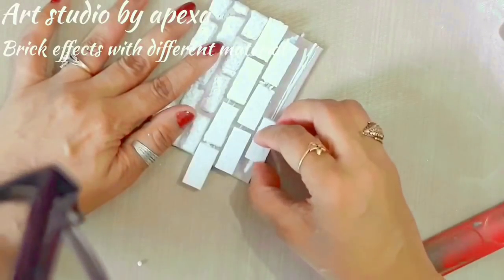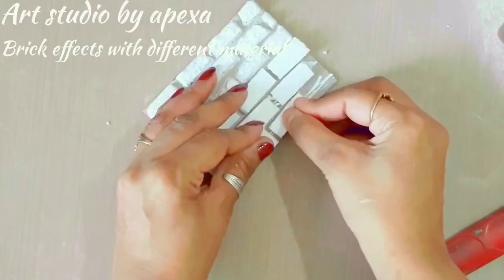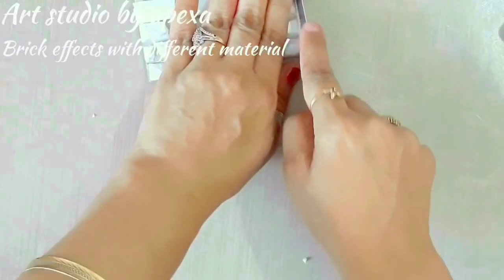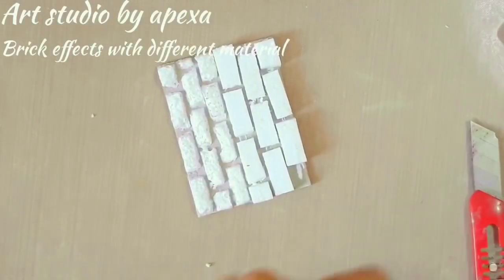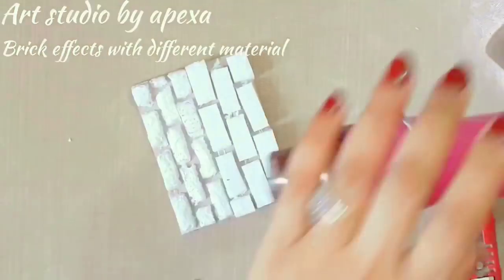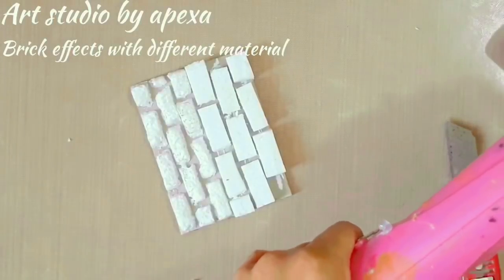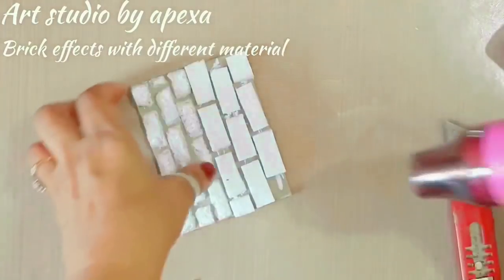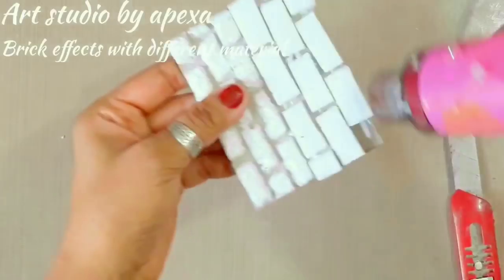Once you stick it, the next thing you have to do, this I'll not do right now, I'll not complete it. Okay, now you need a heat gun, or you can also use your hair dryer. Now you have to do this very carefully. You have to start your heat gun with the lower power, not the high power, and you have to move your heat gun continuously,